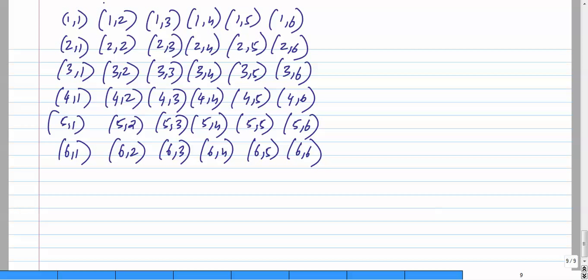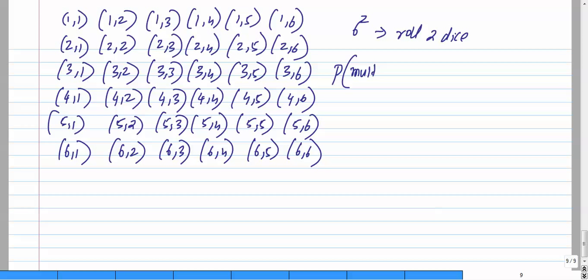These are the 36 options, 6 power 2, when I roll 2 dice. Now somebody asked me, what is the probability of getting a multiple of 2 on the first die? Please understand what I'm saying. The probability of getting 2 into something, that is a